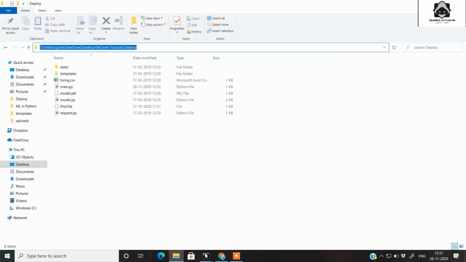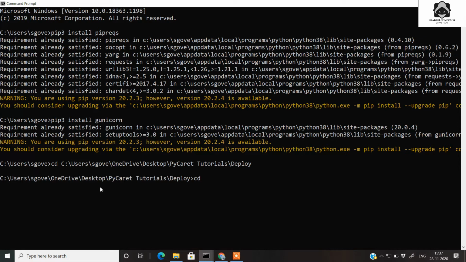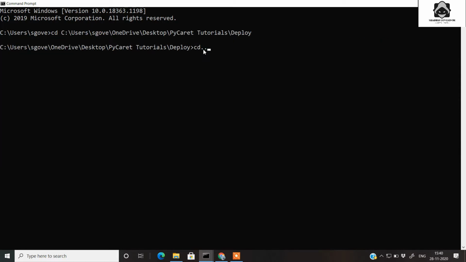Once these two are done, you need to copy the path of the folder where all your files are located. Then cd to that path. We'll go one path back, to this folder. Then we call the pipreqs that we had just installed, point it to the folder for which we want the requirement.txt, and press enter.